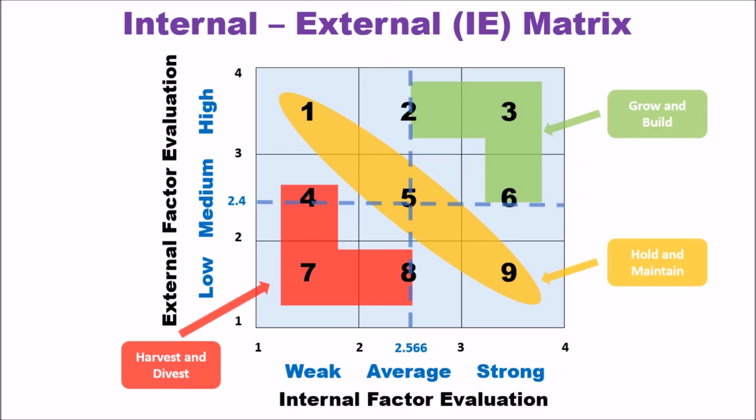So what that means is, as far as the internal external matrix is concerned, using your scores from your internal factor evaluation and the scores from your external factor evaluation, combining them together, and plotting them on this diagram, you are landing at 5, which is hold and maintain. So for the strategy that you want to come up with using that example, you want to hold